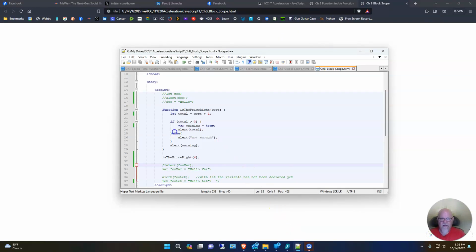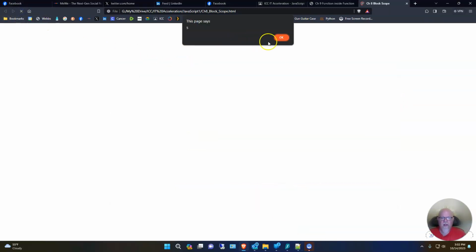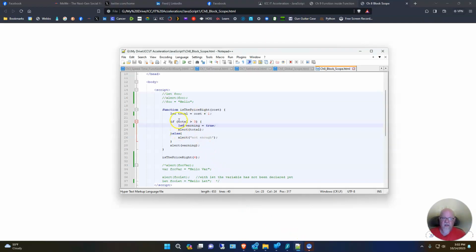Now, if I change that back to a let and do a save and then rerun it, we have 5, and that's it. Because that true does not execute. Because it doesn't see the total, because it's no longer a var, it's a let. Okay, so now,